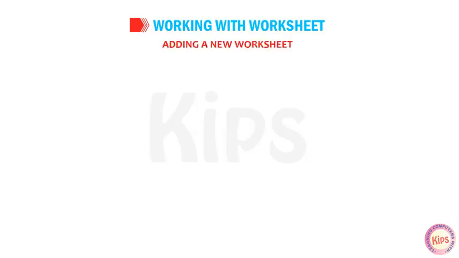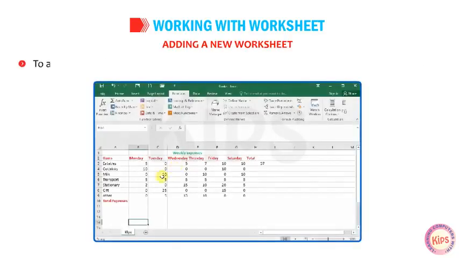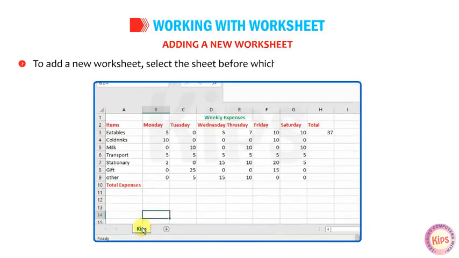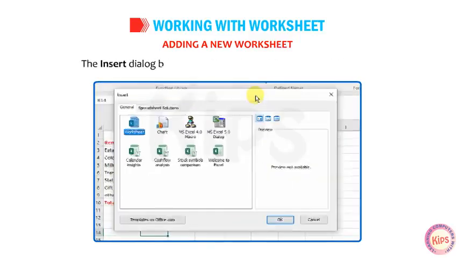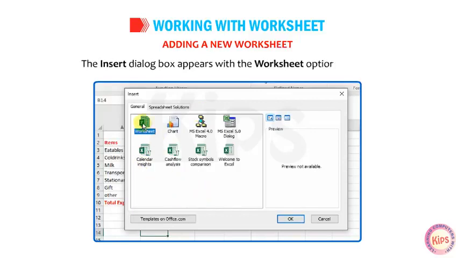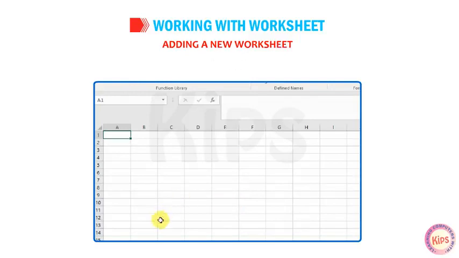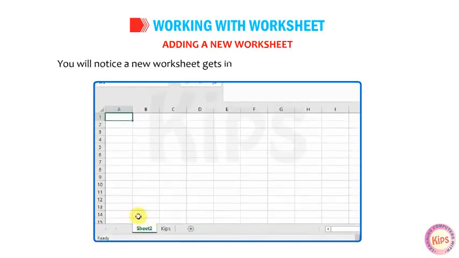Let us learn how to add a new worksheet. To add a new worksheet, select the sheet before which you want to place a new worksheet. Right-click on the Sheet tab and select the Insert option. The Insert dialog box appears with the Worksheet option selected. Click OK. You will notice a new worksheet gets inserted before the selected worksheet,